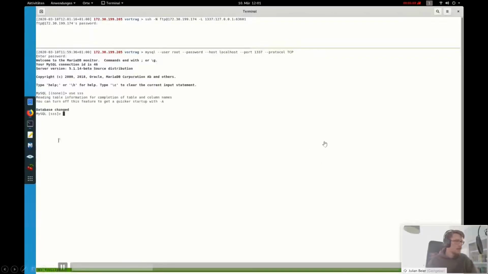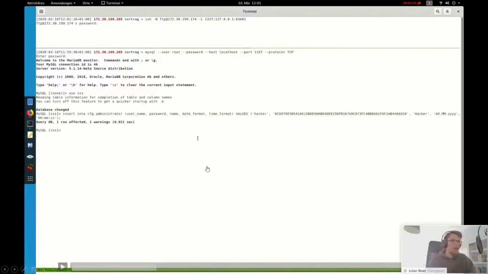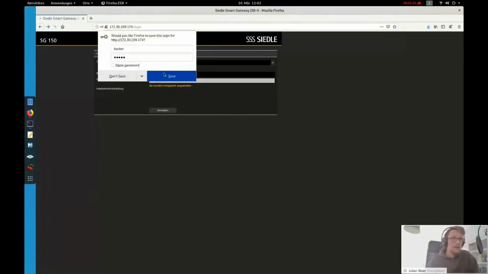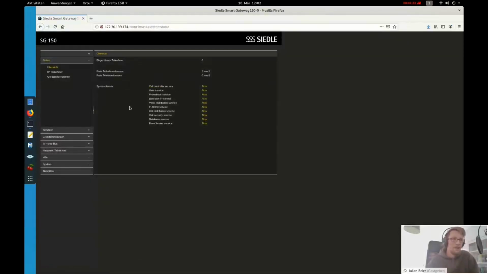Then we go through the actual database and insert our own account here called hacker with our own password that we control. We also set that this account is an admin. Right, and now we can, as you can see, log in to the web front end as our account.